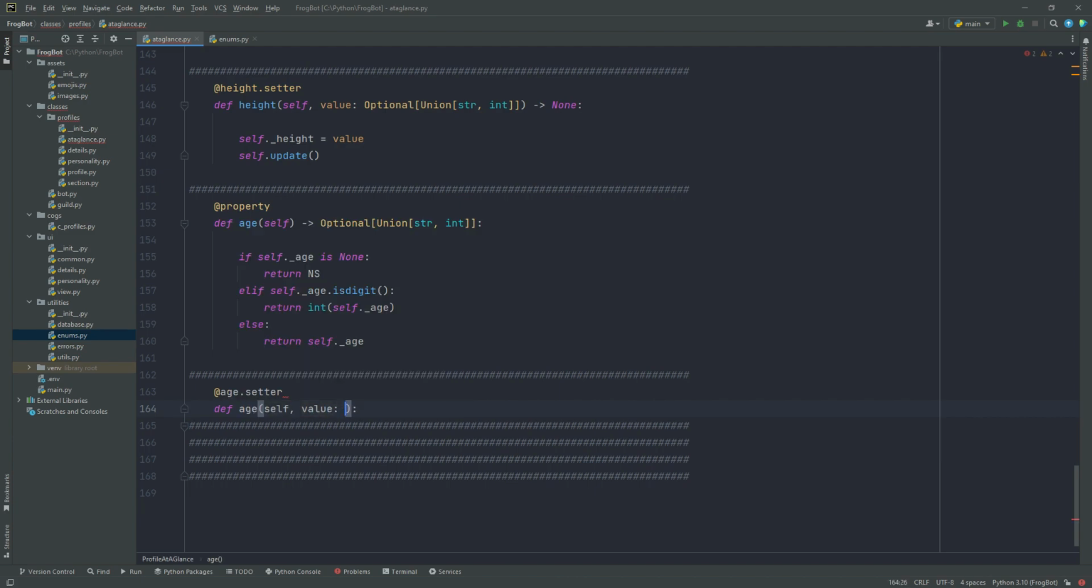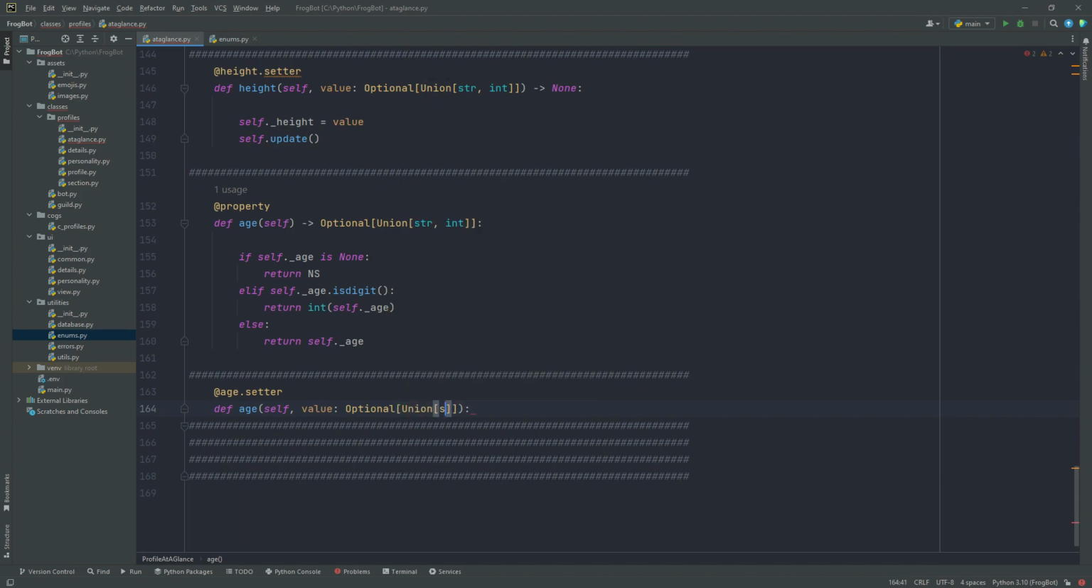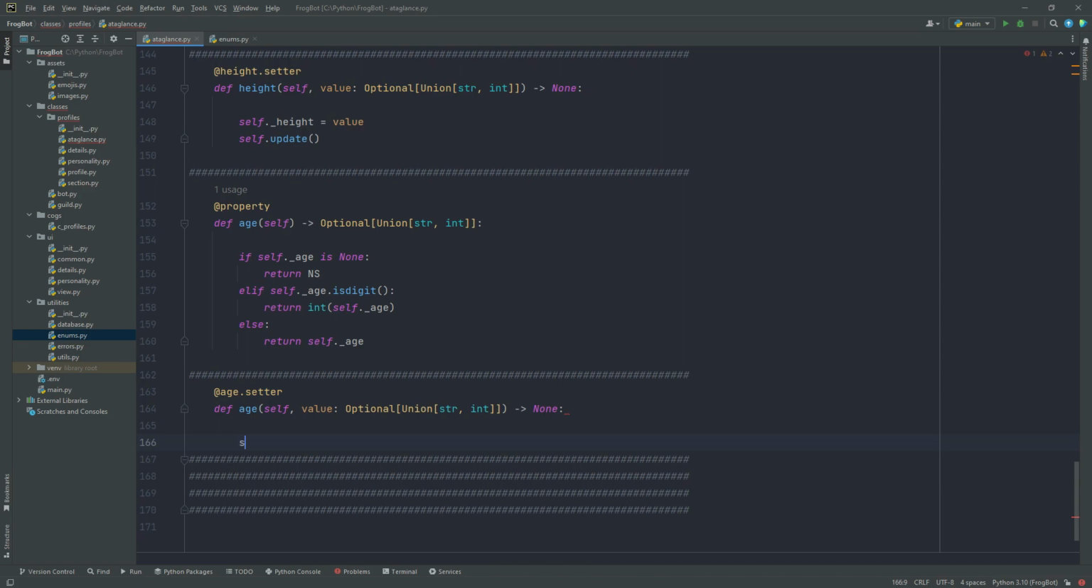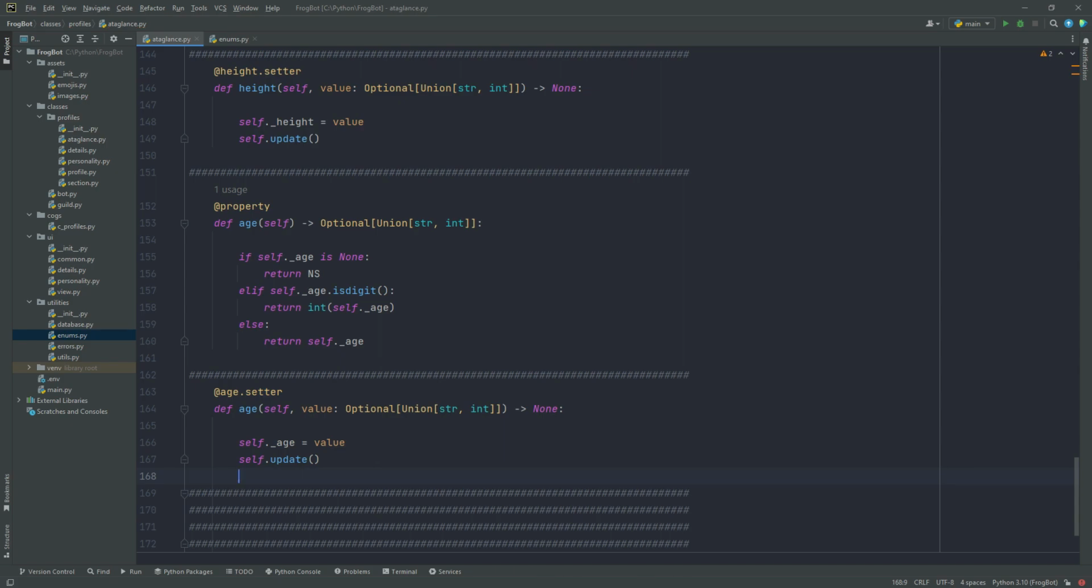And this will take a value, which is the same as before, an optional union of string or int with no return. I think you're seeing the trend here. Self.age equals value, self.update. Okay, I hope I'm not going too fast, but we've covered most of these things. So, what I'd like to do is